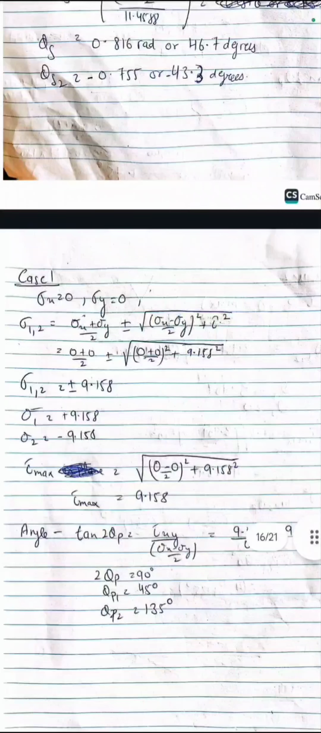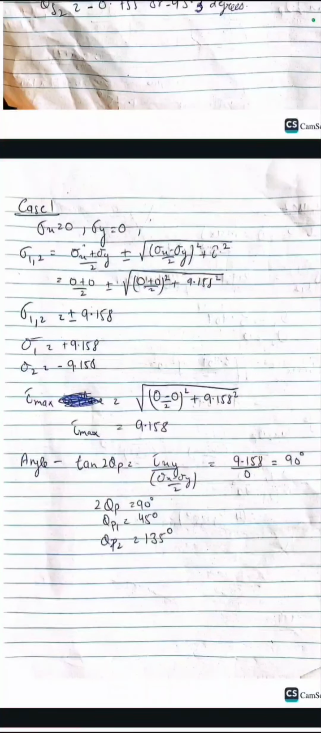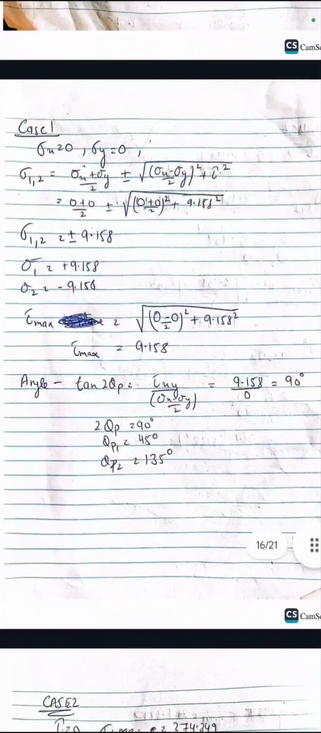So here we start off with our cases. In case 1 we have sigma x is equal to 0, sigma y is equal to 0, and we use the bending moment diagrams and the shear force diagrams, where we find that the tau max is 9.158 squared. Since we put in the values, we get sigma 1 is equal to plus 9.158, sigma 2 is equal to negative